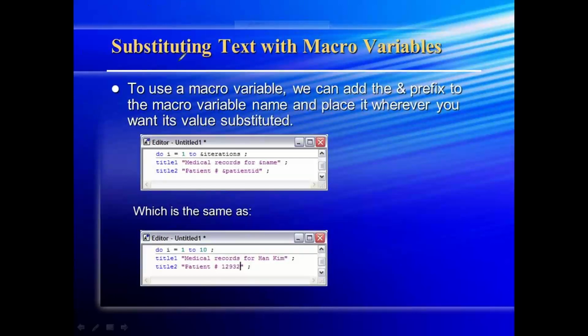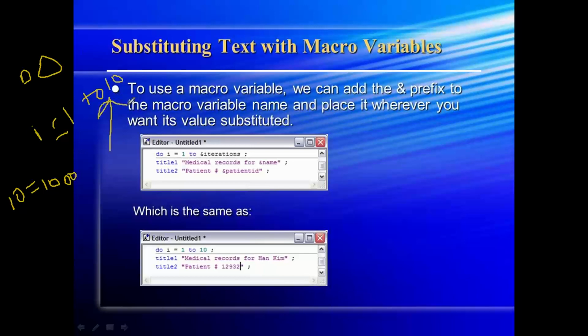Very simple to understand: if I wanted to write the same kind of logic in a number of different programs, for example do i equals 1 to 10, and I'm supposed to change this value of 10 to 1000 in however many programs I have written, you would have to manually go to each of those programs and change this value.